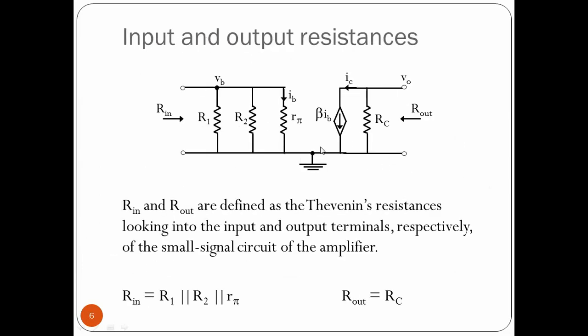Okay, so if you look at this circuit, Rin and Rout are actually very simple. So there is no need to even derive them. So Rin is simply R1 parallel R2 parallel R pi. So I have written that here. Rout is Rc. That is not as obvious. But if you think about Thevenin's theorem, you will find that you will get it in a couple of minutes if you think about it. So Rout is actually Rc for this circuit. So we found the input and output resistances.